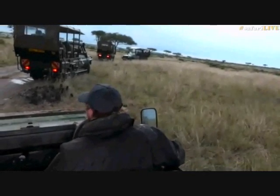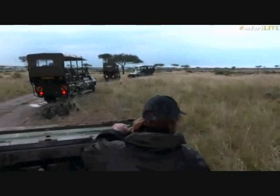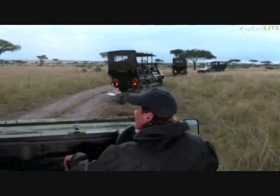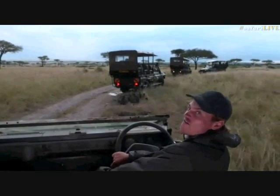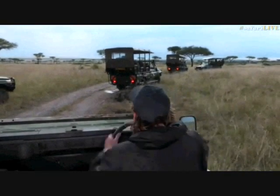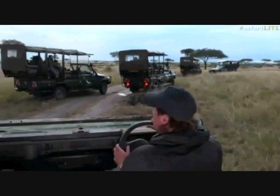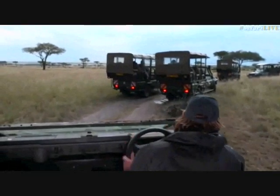Okay, this is the first time you're ever seeing me driving Kitu. Kitu is the latest of our vehicles that has made it out. We had a few teething problems when she came, but she is now